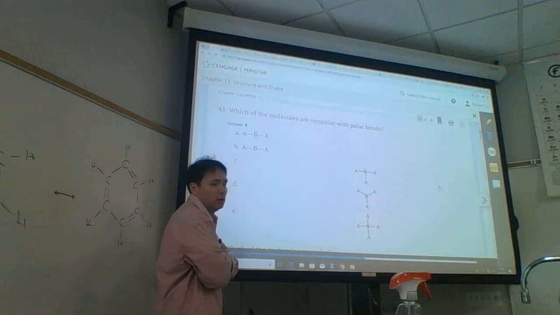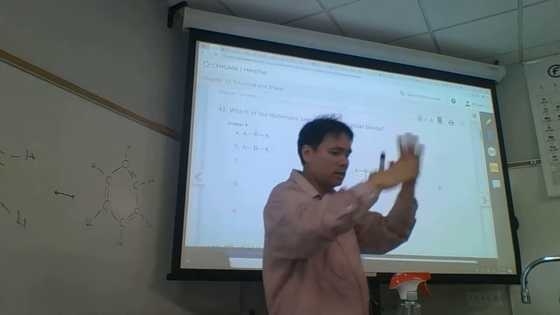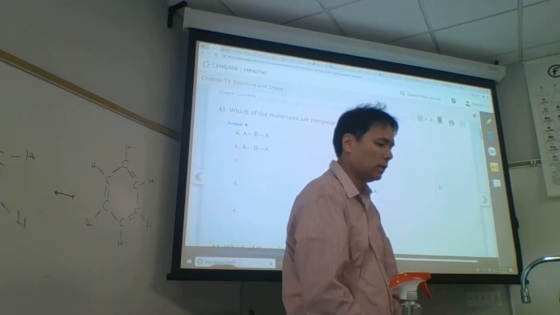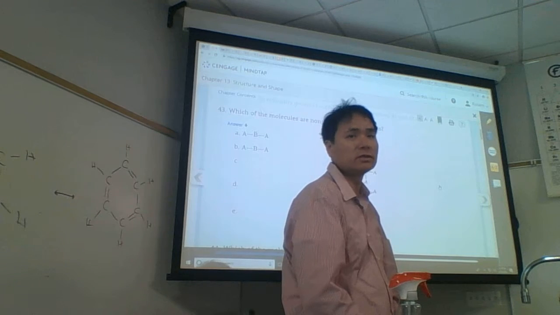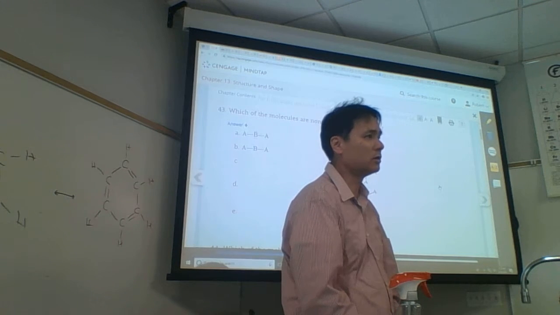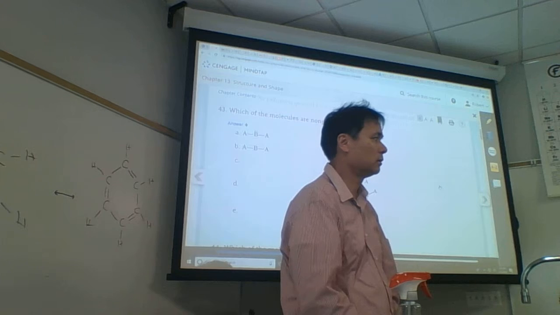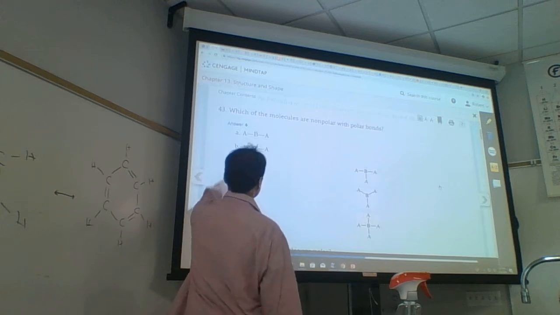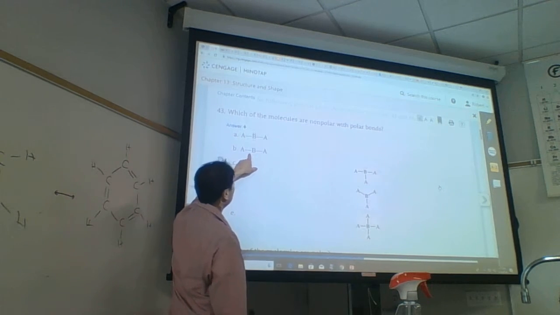A is polar. If you don't like that way of trying to visualize if they cancel, then your book has a very simple rule. Your book says if there's a lone pair, it's going to be polar. And so there's lone pairs, it's polar. B,